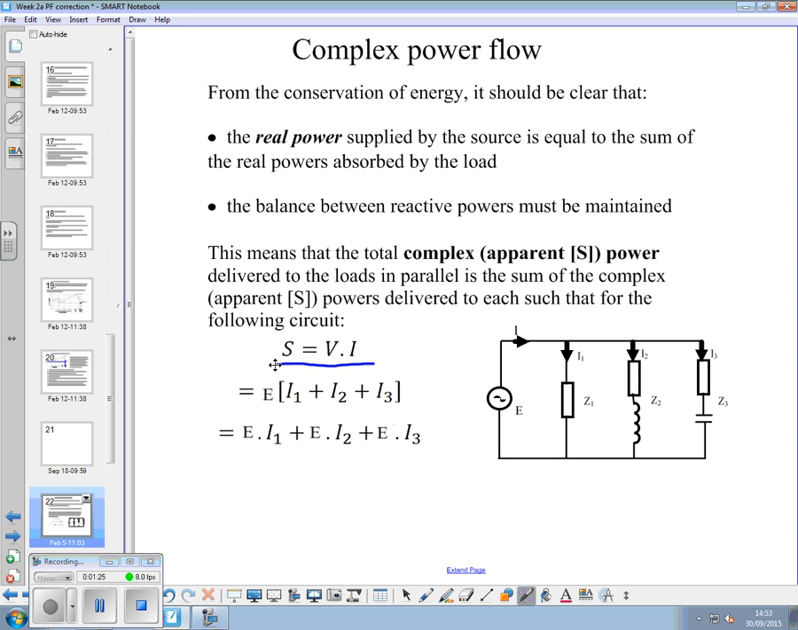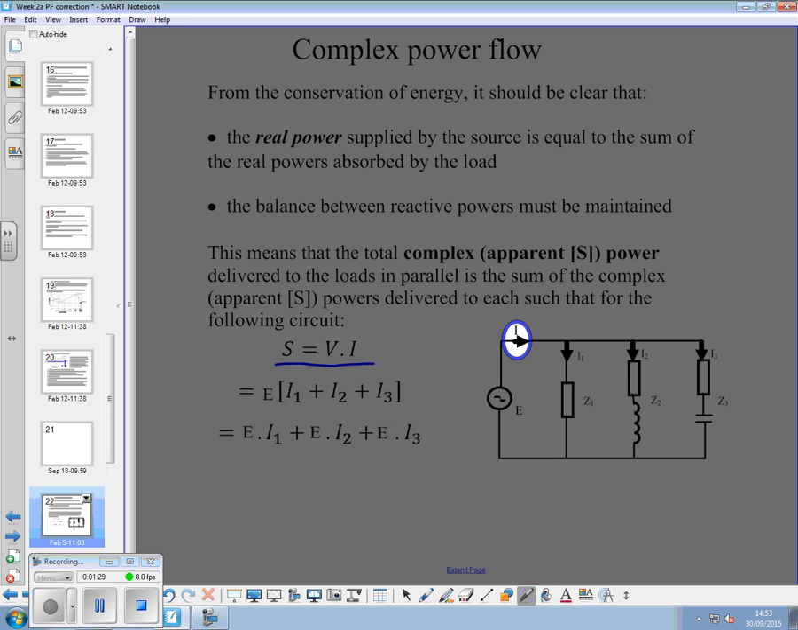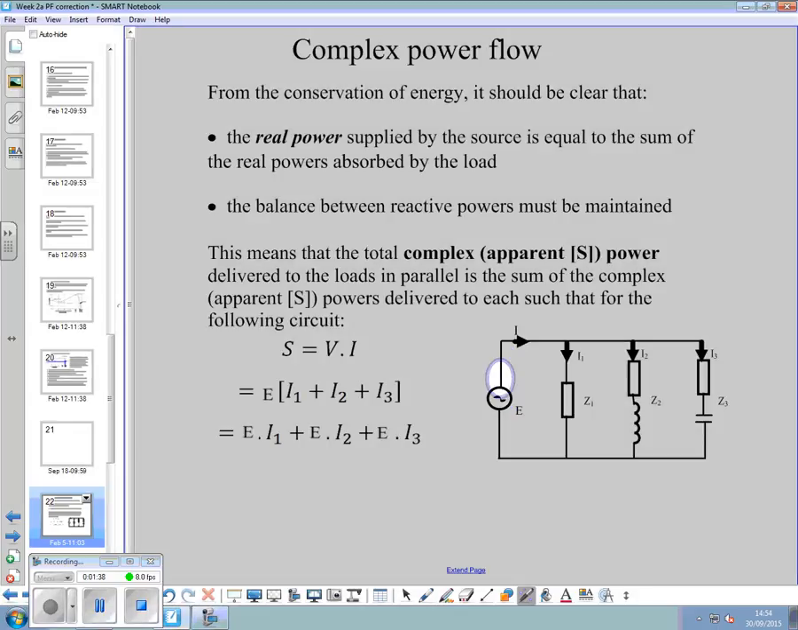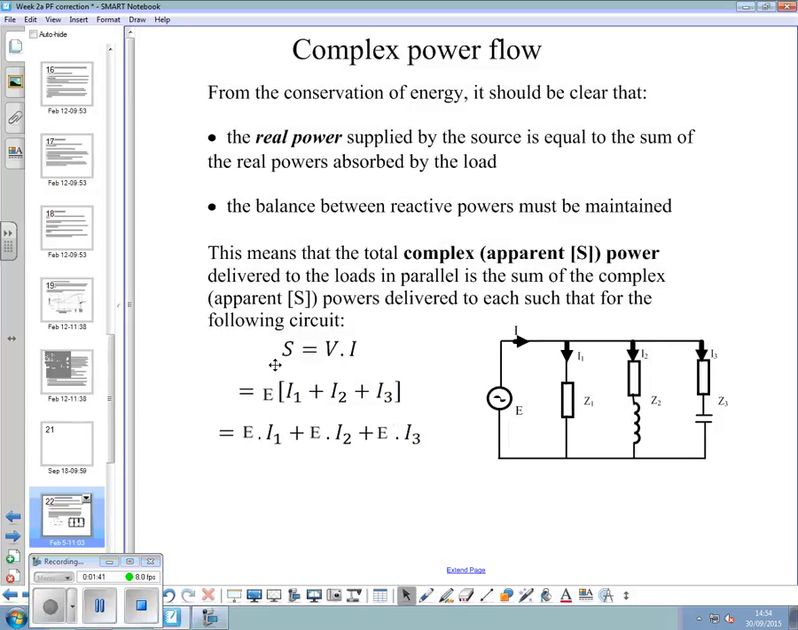is equal to the voltage multiplied by the total current flowing, I times E, then we could say that this total current here is equal to I1 plus I2 plus I3, Kirchhoff's current law that you should be familiar with. Then you can do that E times the bracketed current terms added together, and then you can separate that, so